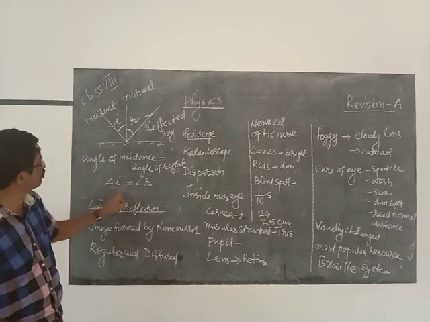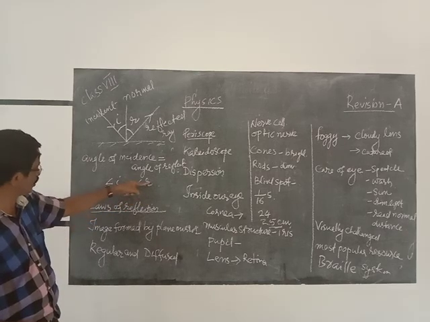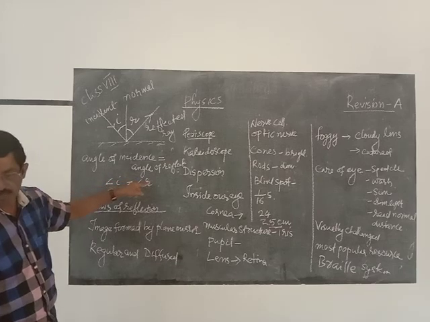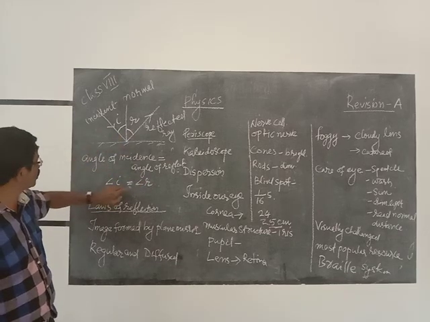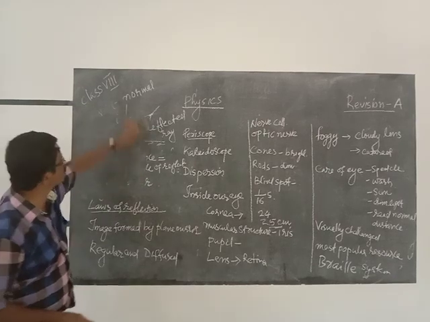That is, angle i is equal to angle r. This is the second law of reflection. Okay, now you can remember these two laws. Now see, next one is about